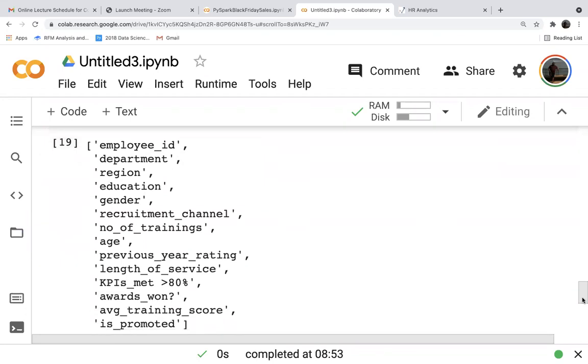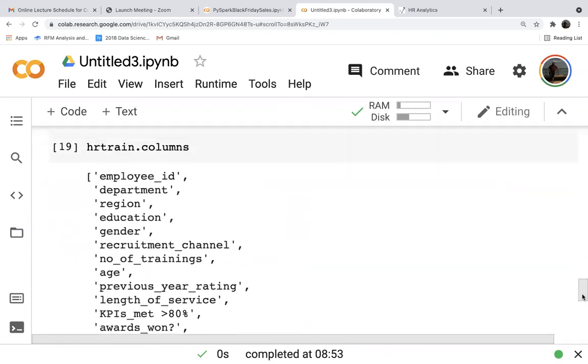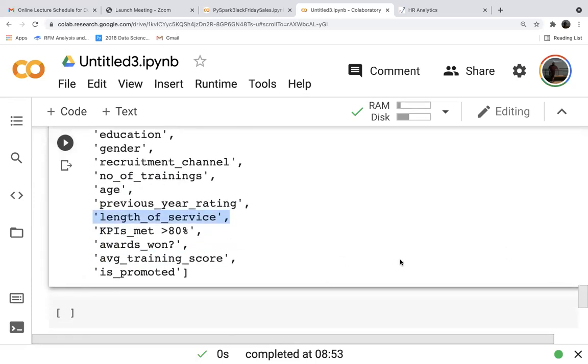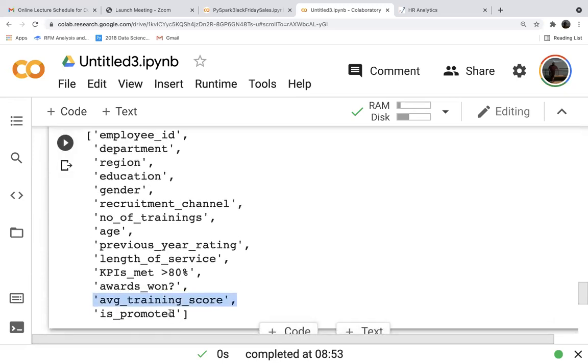So we have to write the categorical columns, right? String indexing. Except age, number of trainings, length of service, and average training score, rest of all are string columns.